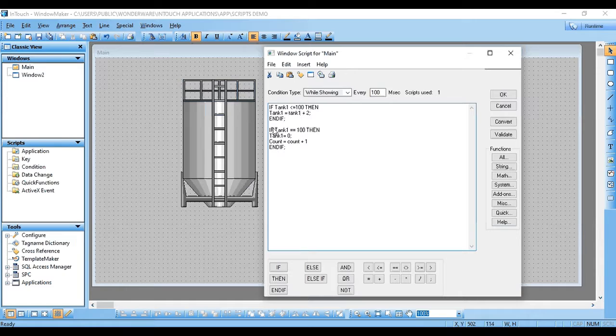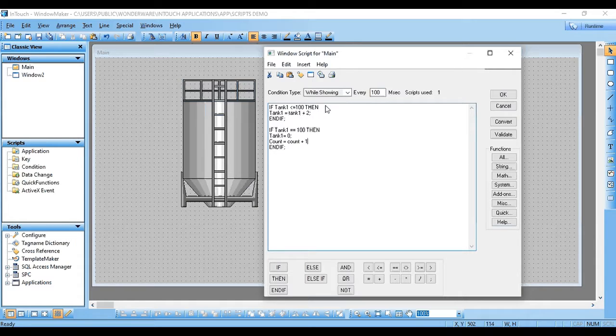And if tank1 is equal to 100, then tank1 equal to 0. So when the maximum value is achieved, it will reset to 0, and we will also increase the value of count, because we want to get the number of times the tank has reached 100.